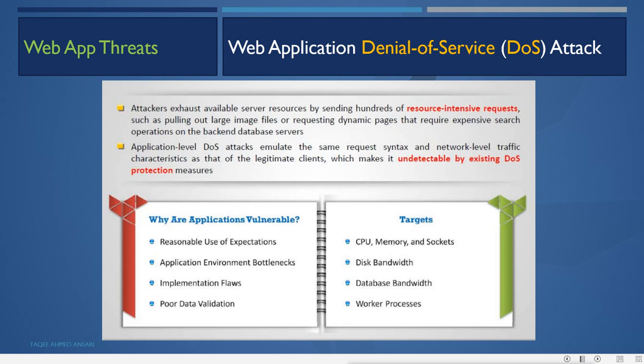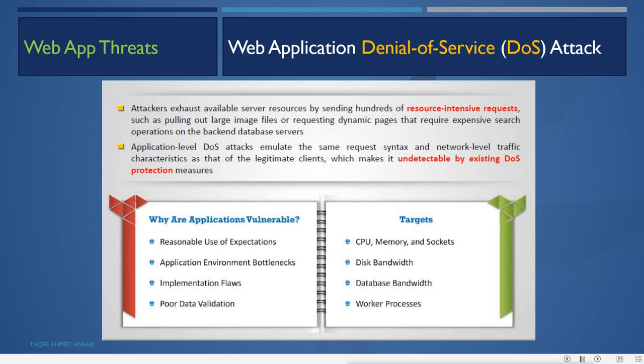So what do these denial of service attacks do? They send requests which look like legitimate requests, the same as normal clients would send. Only the request is very large or resource intensive, which makes the server or the web application work very hard to get the data from the database server and all, making it go slow, and then finally not available.